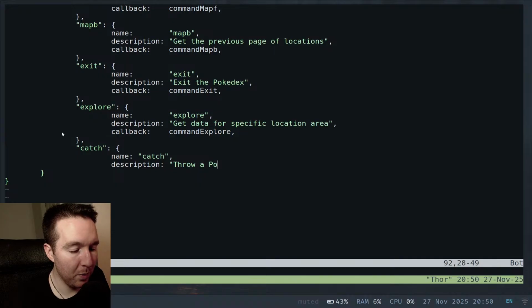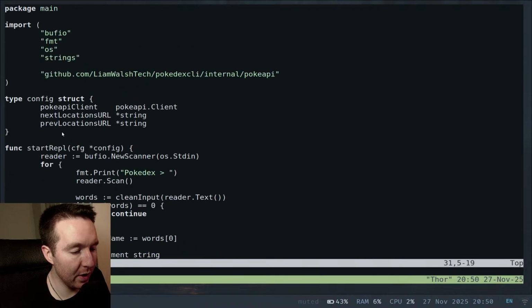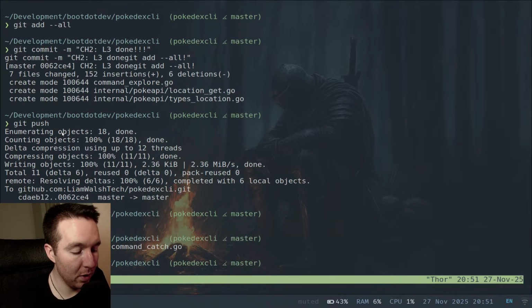Throw a Pokeball to try and catch a Pokemon. A callback is going to be command catch. I don't think there's anything else I need to add. Nope. So then what else are we going to do? So we're going to touch. So we're going to CP command explore to command catch dot go, and then we're going to do command